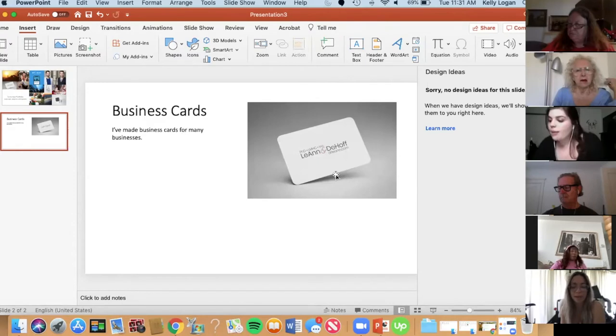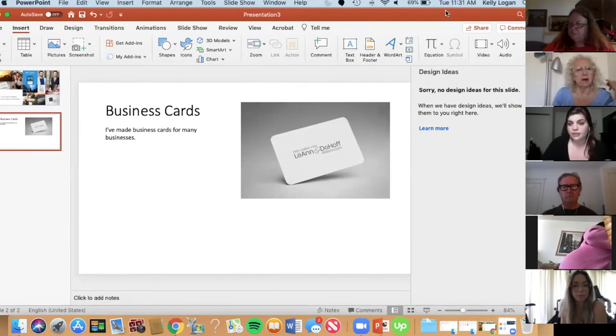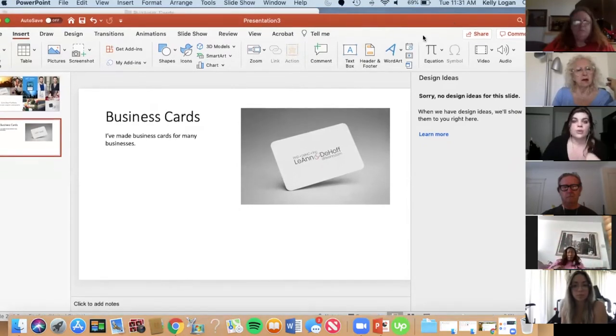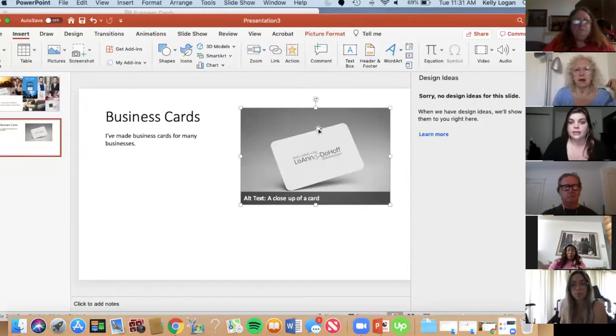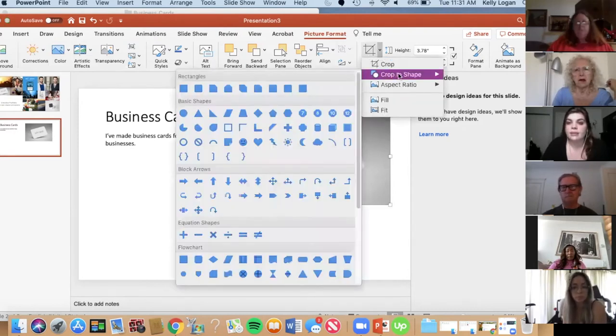So the question about how to make photos cut out into an image or have a boundary that's a circle or a square or something like that. There are a couple of different ways to do that. So one of the ways to do it is by clicking on the photo. And once you click on the photo, you'll have an option for picture format. So this is gonna let you customize the image basically however you want. So I'm gonna click on picture format and then crop. I'm gonna click down on crop and then I'm gonna go to crop to shape. So maybe I want it to be a circle,